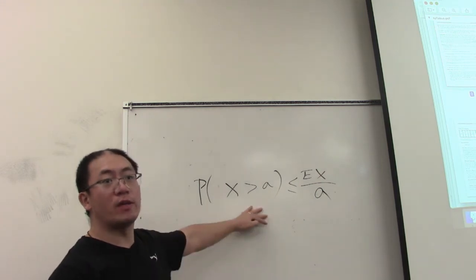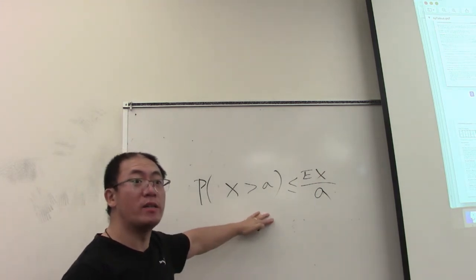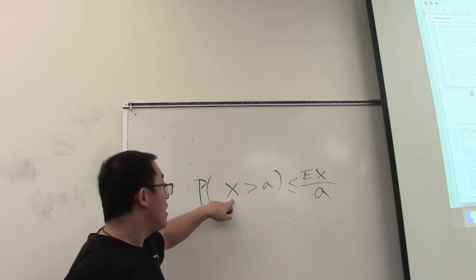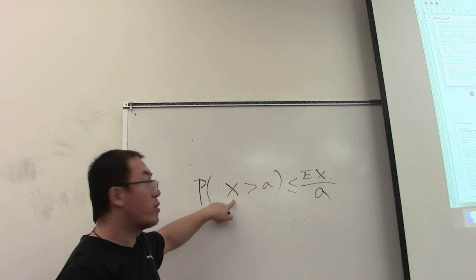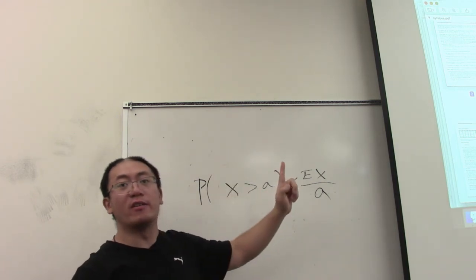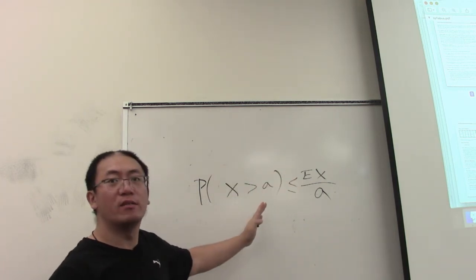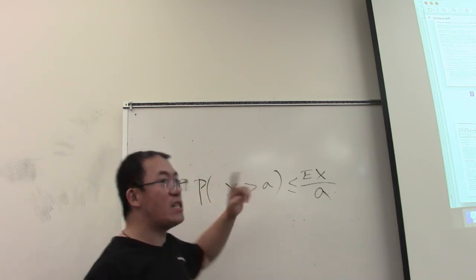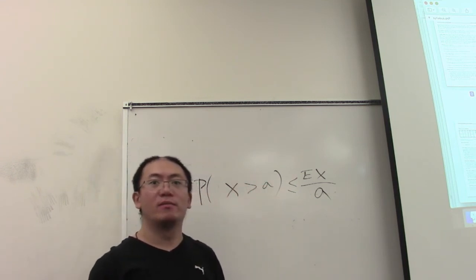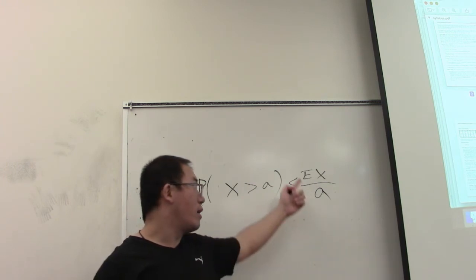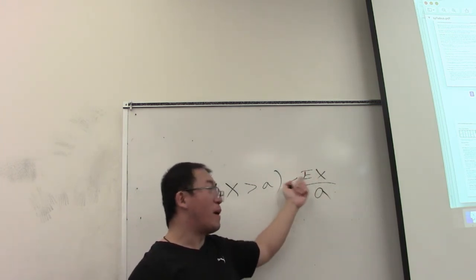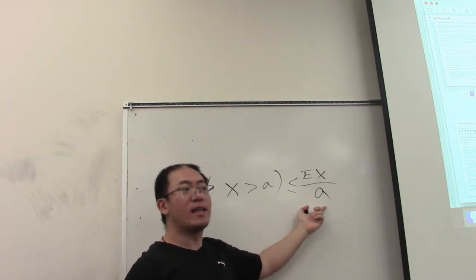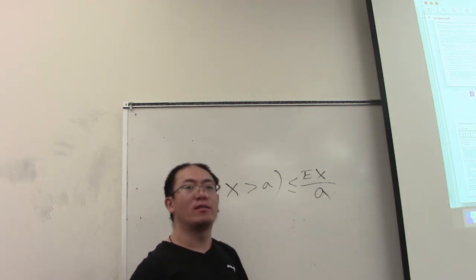This is called Markov inequality, one of the simplest probability inequalities. So what does it reflect? Consider a random variable, and a very large positive value, like 1 billion. What's the probability that this random variable is bigger than 1 billion? It is less than or equal to the expectation of this random variable over 1 billion. So you can see that it will be very, very small.